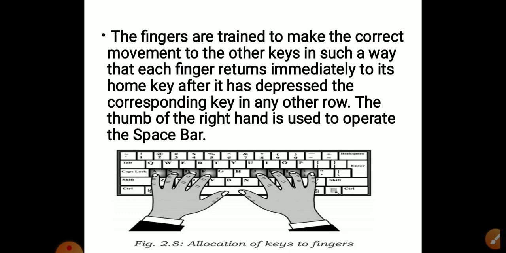Similarly, with your left hand you have done this. Now with your right hand, place your little finger on semicolon, ring finger on L, middle finger on K, and index finger on J. G and H are left free without any fingers. Which finger will be used for those two? Can anybody guess? You are going to use the same index finger of your left and right hands respectively for these two keys. G will use the index finger of your left hand. H will use the index finger of your right hand.